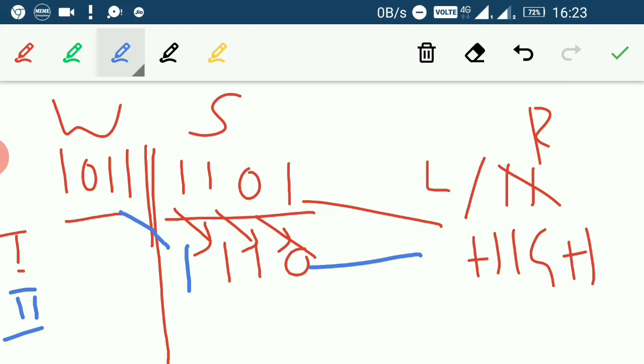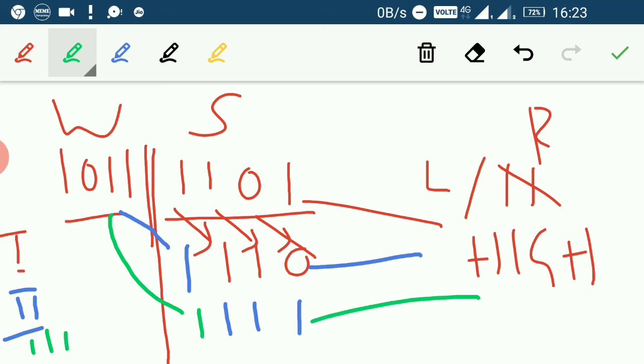After the second clock pulse, what will happen? This 0 will go away. We are having 1 1 1, and this time this one will come here. Clear? Okay. After the third pulse, this will be going away, and these three will be shifted here, 1, 1, 1,